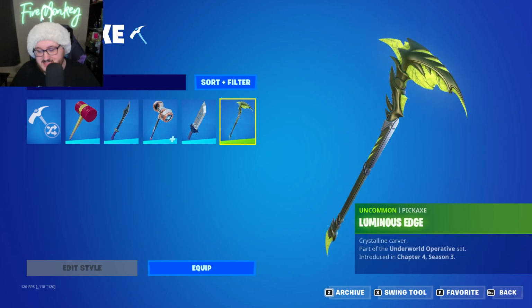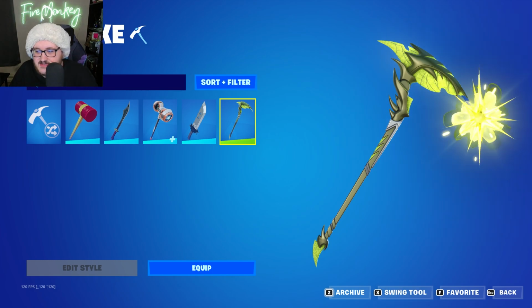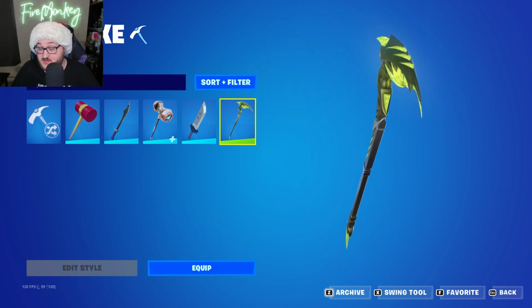But then we have Luminous Edge. This is another pickaxe in the game that is uncommon, and ooh, that hit effect right there, the little plague poison effect it's got going on there, is something that I'm very, very intrigued by and excited by. So that is something I'll be picking up